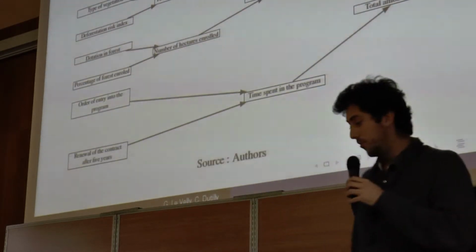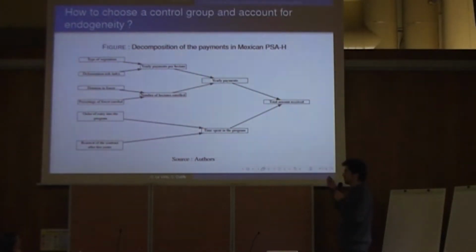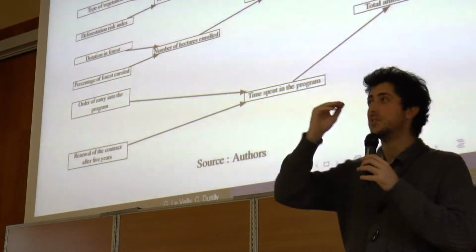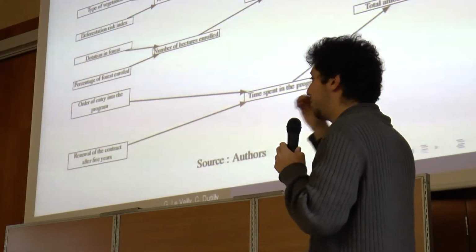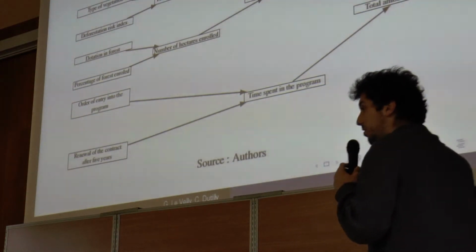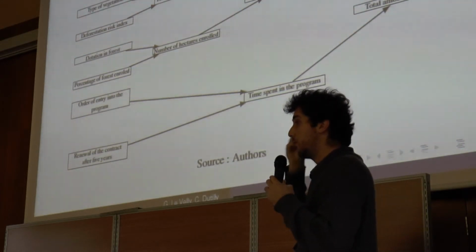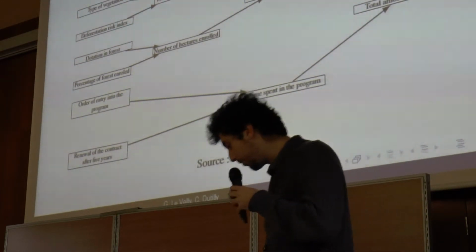And we developed the payment of the Mexican PSAH, and we realized that the question is no longer who is entering and who is not entering, but who is entering first, or how much of their forest they will put under conservation, and that might create endogeneity bias. So the way you define your variable will lead to a lot of new identification strategies. If we want to consider treatment heterogeneity, we have to review the way we estimate the impact.